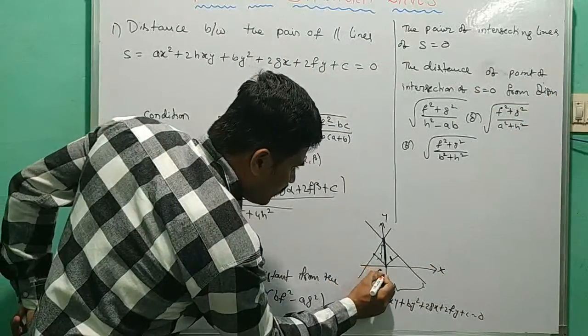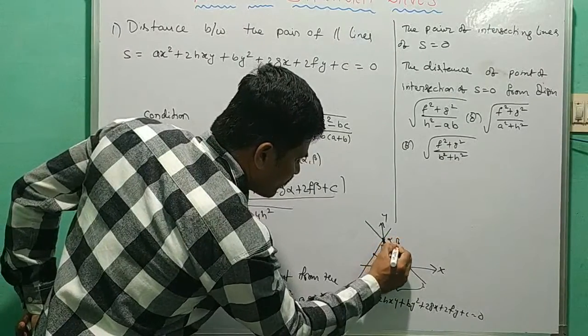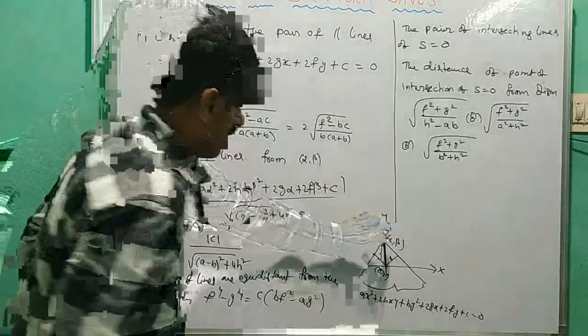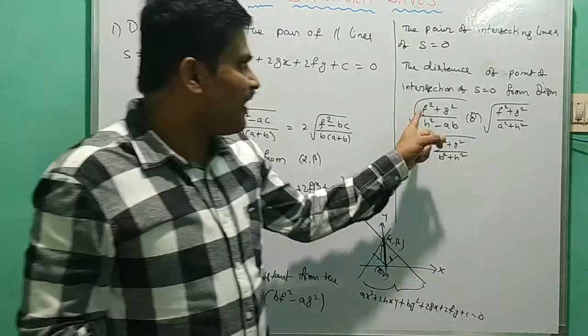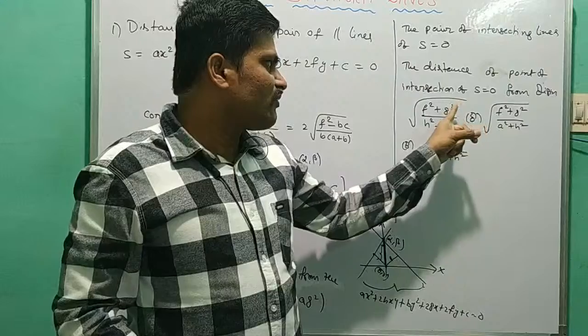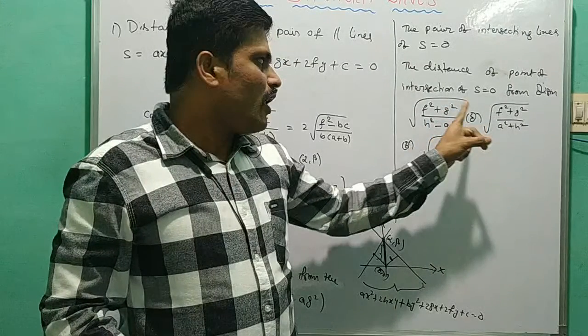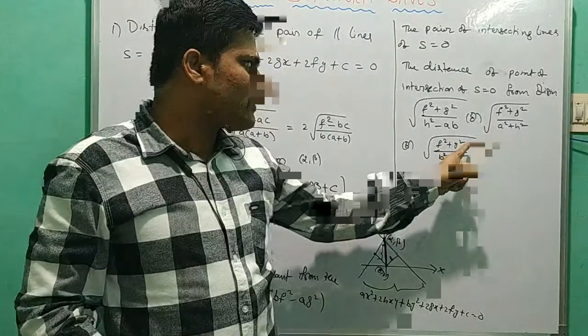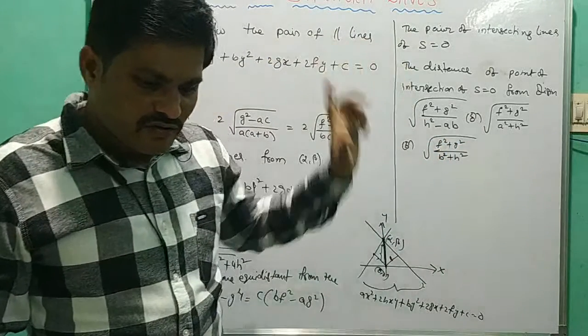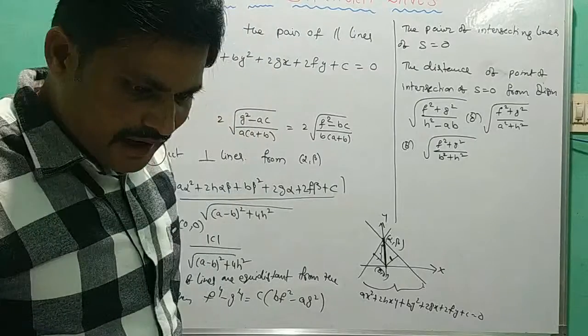So this is the origin, and this is the point of intersection, alpha beta. Now the distance from the origin to the point can be taken as square root of (f square plus g square) by (h square minus ab), or square root of (f square plus g square) by (a square plus h square), or square root of (f square plus g square) by (b square plus h square). This is also one more formula. Similarly,